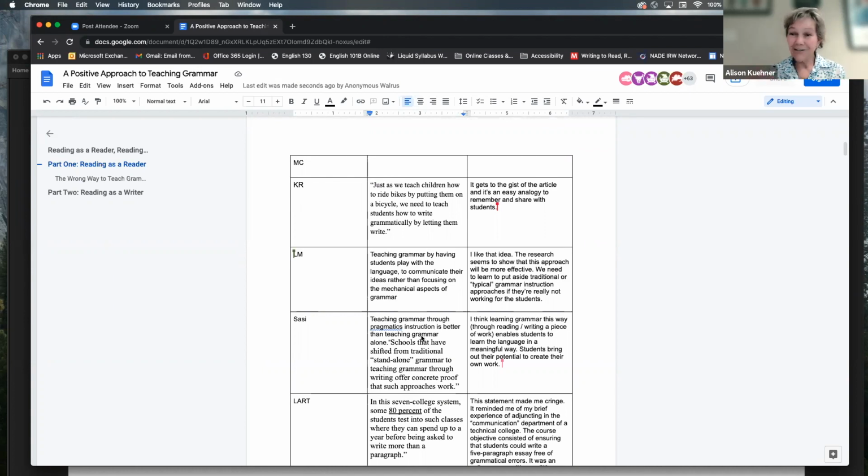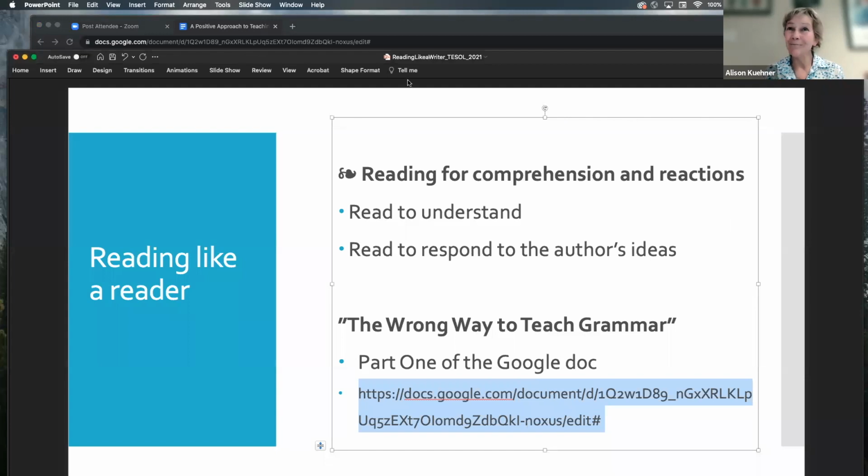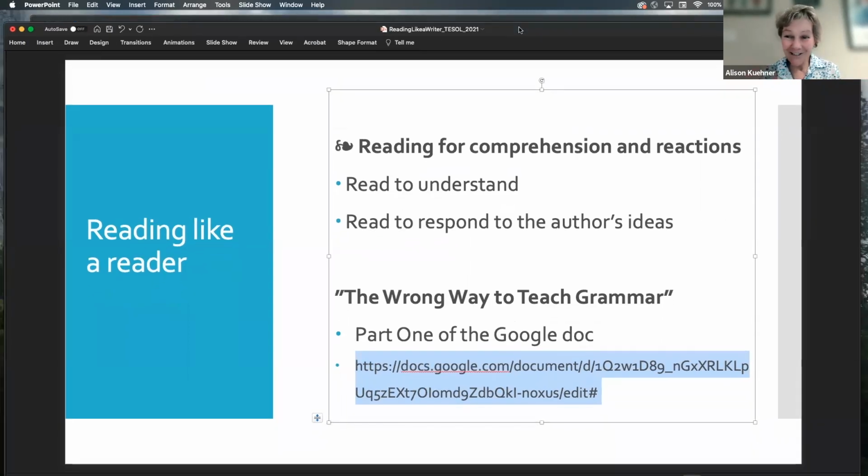One of the reasons I actually do activities like this is students can not only engage with the text, they can see what their classmates say. Then we can almost have a little conversation on the document and also take a look at the document as well. But we're going to step away. This is just a little interlude, so you got a taste of what the article said. You got a sneak peek at what some of your fellow